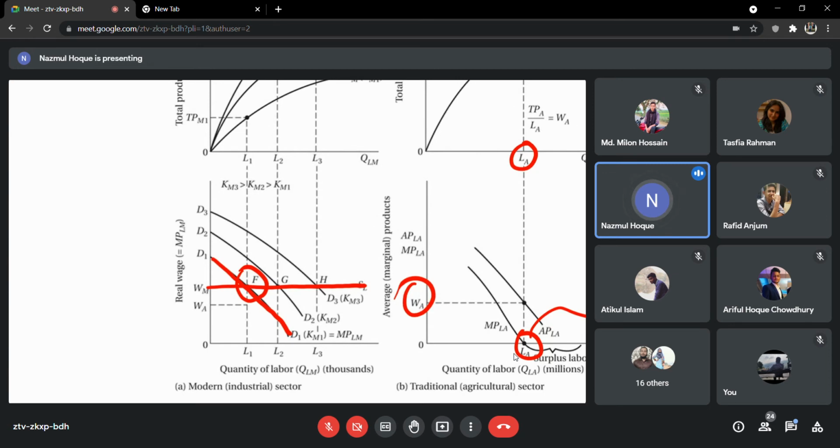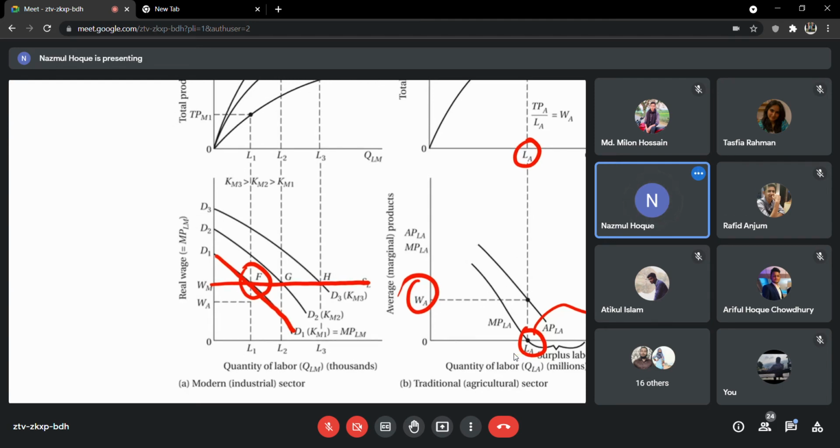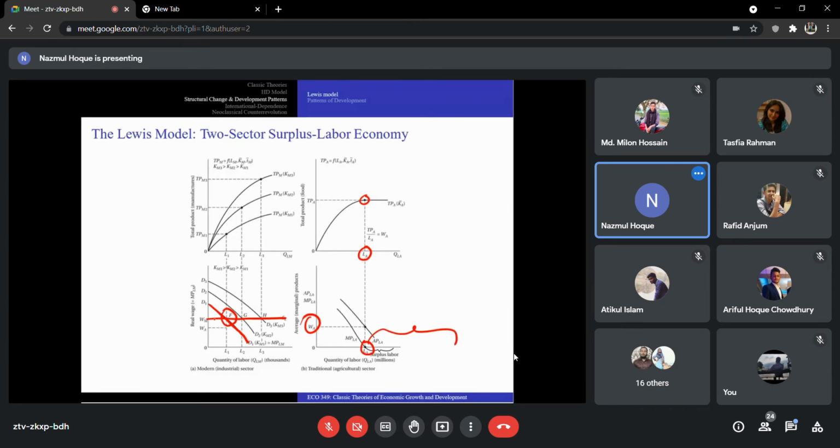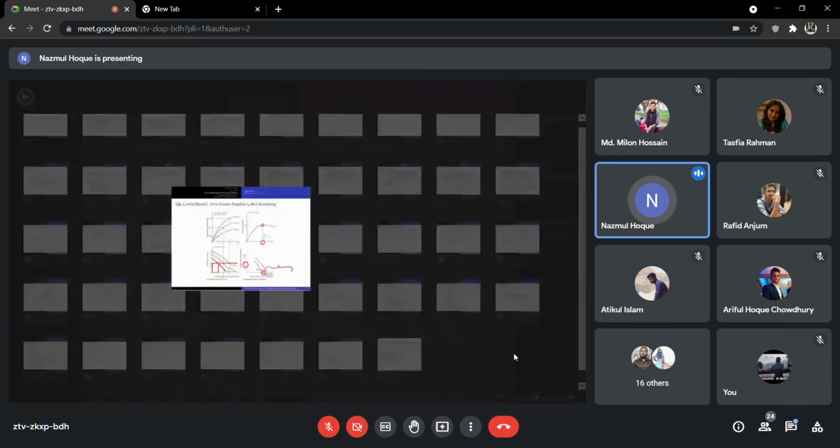L1 amount of workers will be hired, and workers will be paid the WM wage rate. So WM times L1 is going to be the wage bill payment, the cost of labor, and the remaining